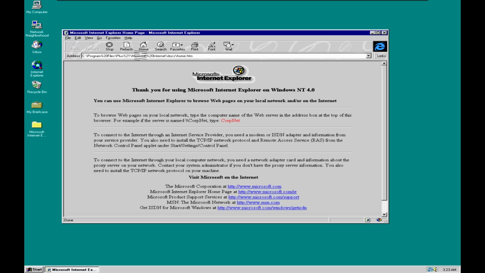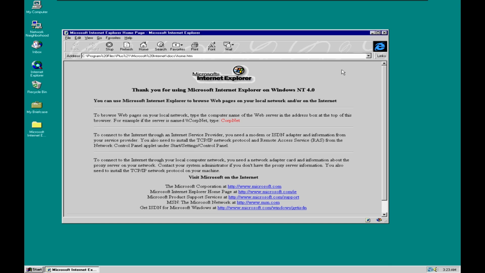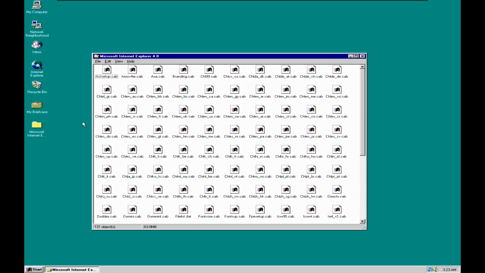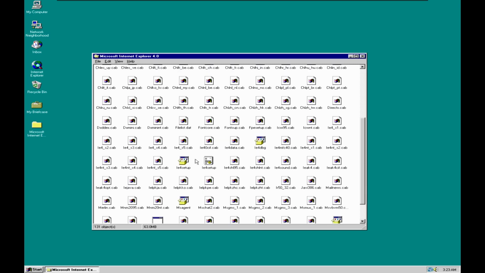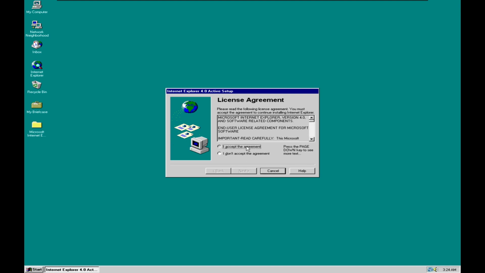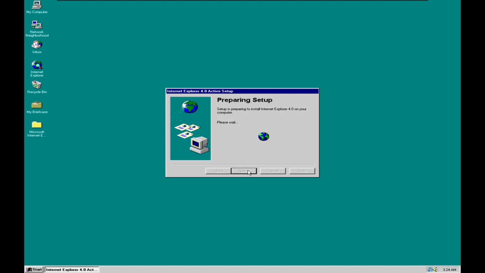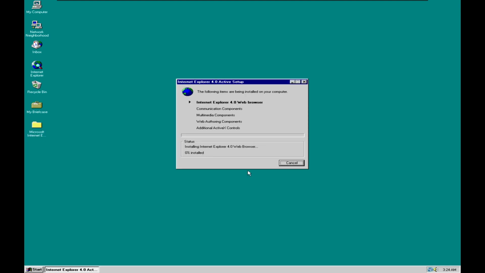Microsoft Internet Explorer 4 was released on September the 22nd, 1997. It brought a new level of integration between the browser and the underlying operating system. Installing Internet Explorer 4 on Windows 95 or Windows NT4 Workstation